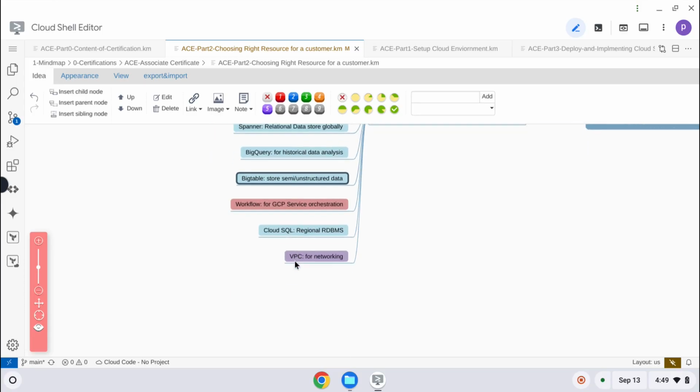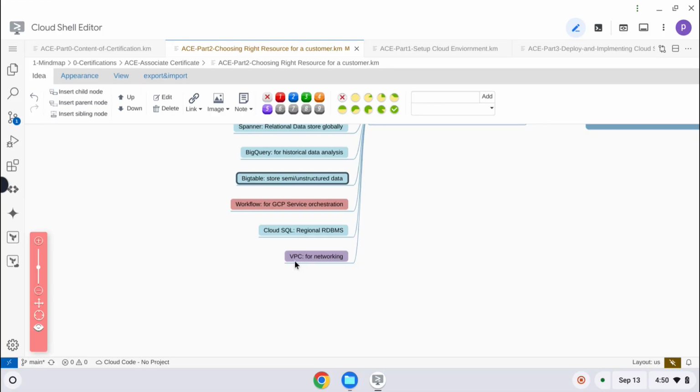Bigtable, yes. When you have a large volume of semi-structured data, if it is minimal data, obviously you can go for a document-based data store, that is the NoSQL database known as Firestore. But if you want to store a huge volume of semi-structured or structured data, in that case you will go for Bigtable. So Bigtable, BigQuery and Spanner, all of these three are very big, very thick services, I would say.